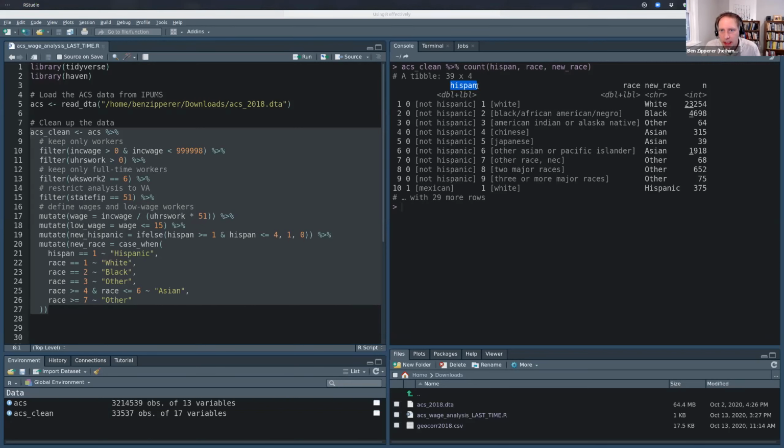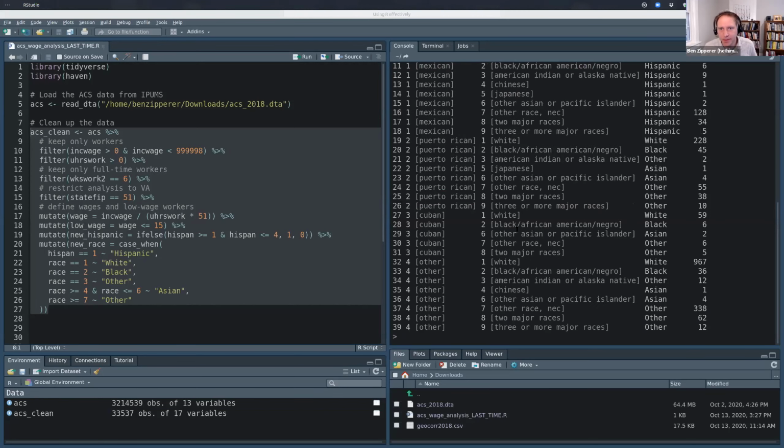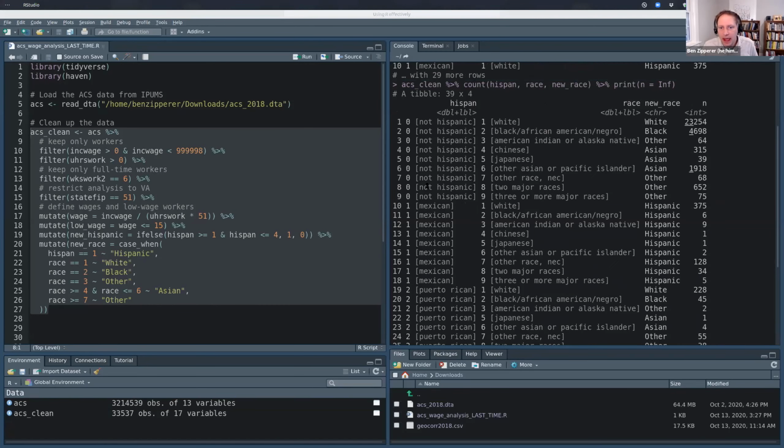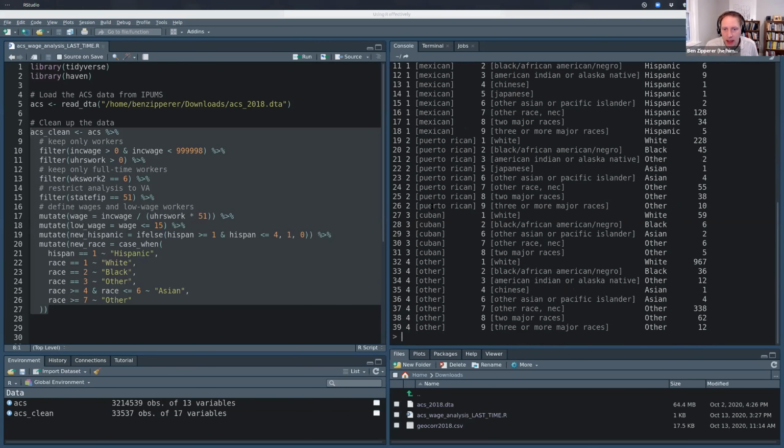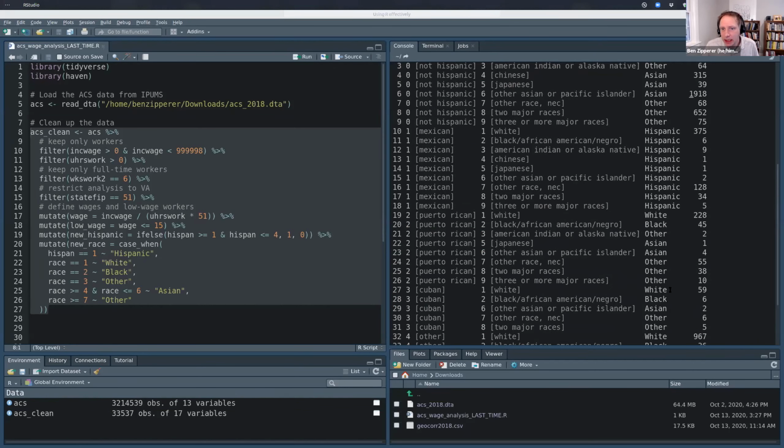So here, Hispan and race are original variables. And here is our aggregated or combined variable that we used the function case when to define. Okay, so as you can see, it's probably easier to see this if I show all the rows. Everyone who is defined as Hispanic, according to my classification of Hispanic,